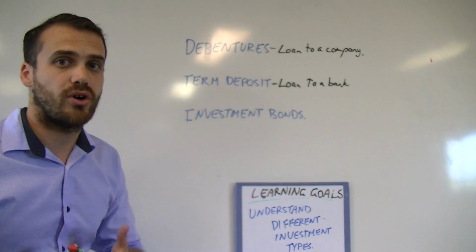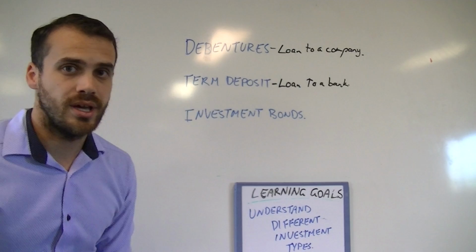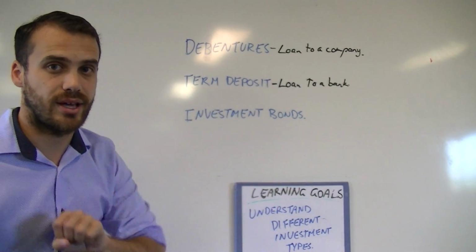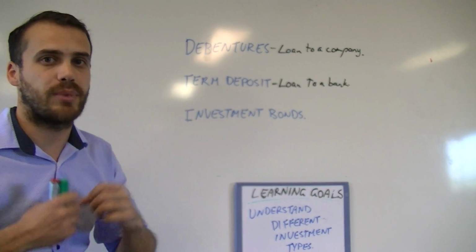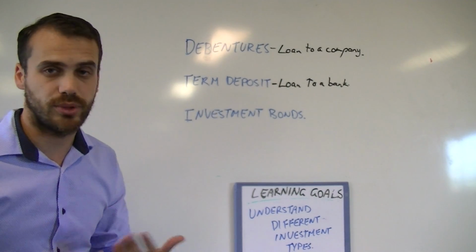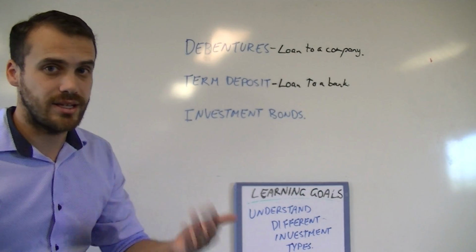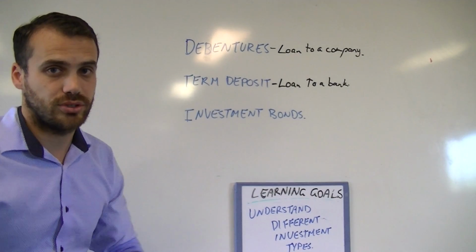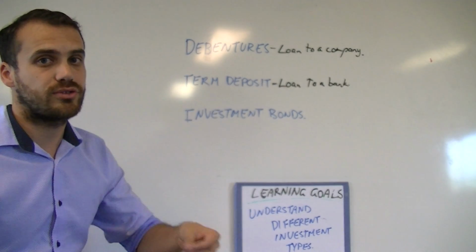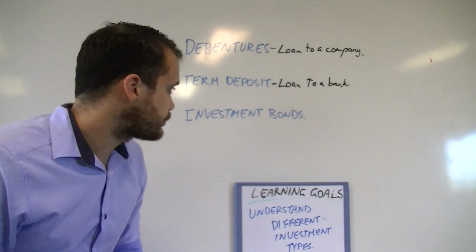The reason they'll offer higher interest rates on term deposits is because they know that you're not going to take that money out. They know that they've got that money for 2 years, so the bank can do whatever it wants with that money for 2 years, and then at the end of that 2 years, they'll give you back your initial deposit. They've also been paying you interest over that 2-year period.